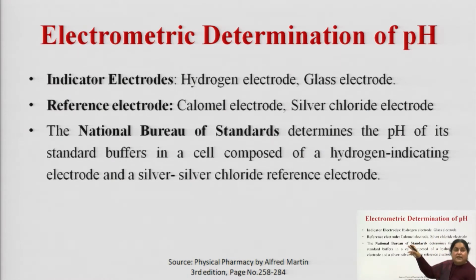And in this electrochemical cell, one is the indicator electrode and one is the reference electrode, right. So, the reference electrode acts as the reference and the indicator electrode will tell you the reading of the test solution, right. So, in the electrometric determination of pH, the principle is that the indicator electrode